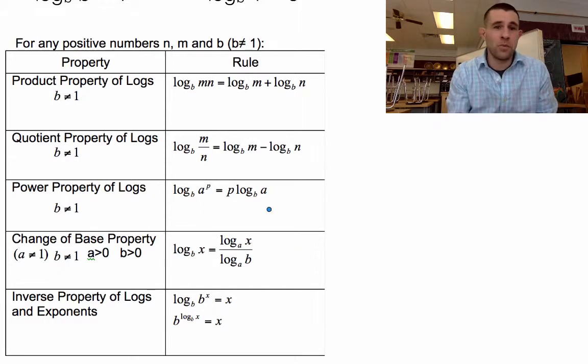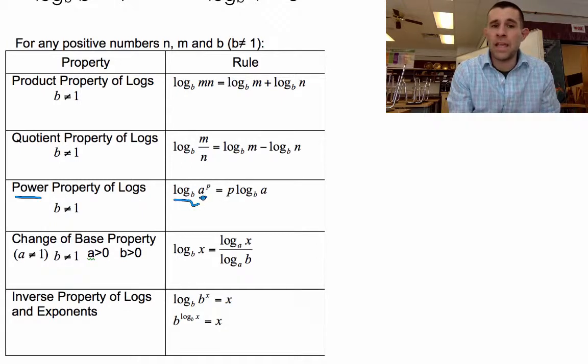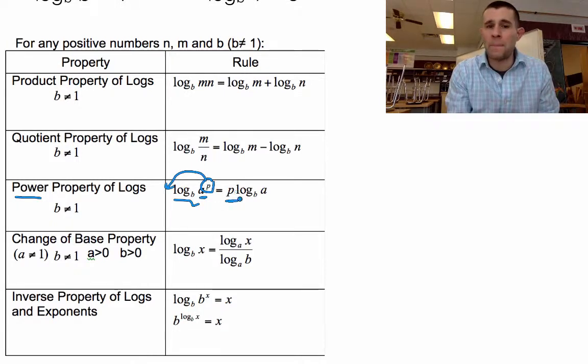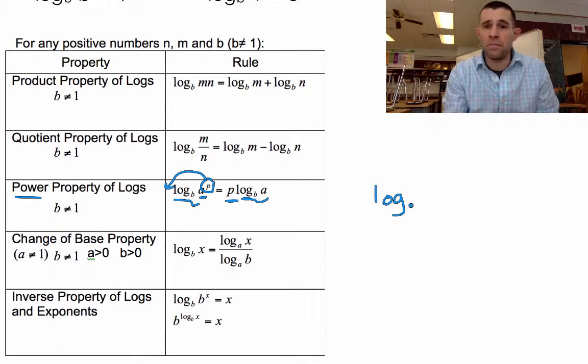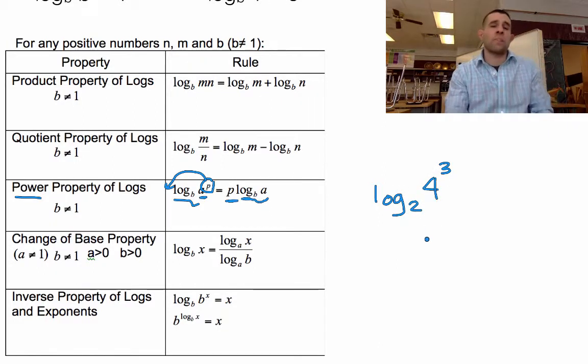All right, let's take a look at a few more properties of logs. This next one is called the power property. And you'll notice that it says log base b of some number a to a power p can be rewritten so that that power p is actually now placed in front of the log and multiplied to whatever log base b of a is. So for example, if I said log base 2 of 4 to the third power,